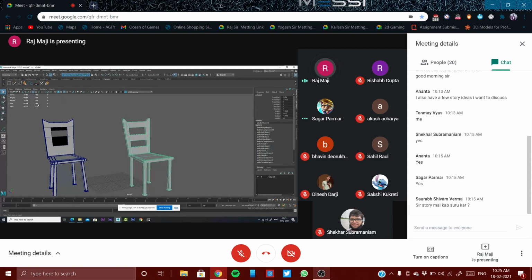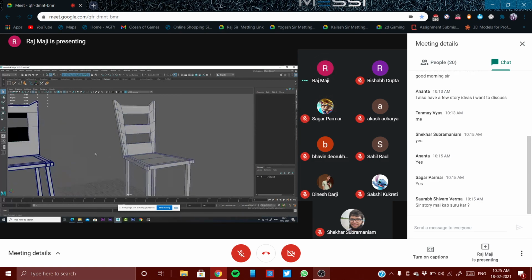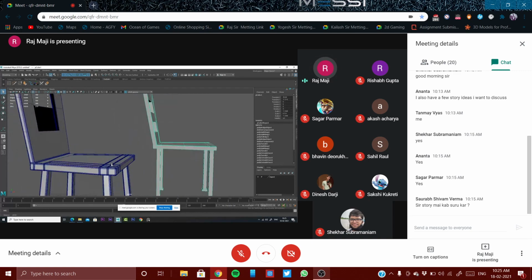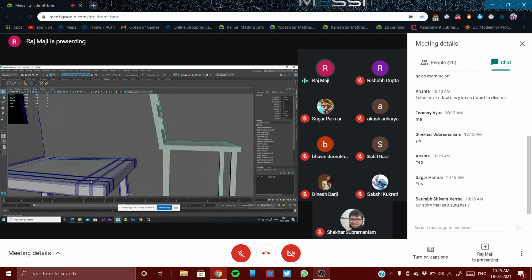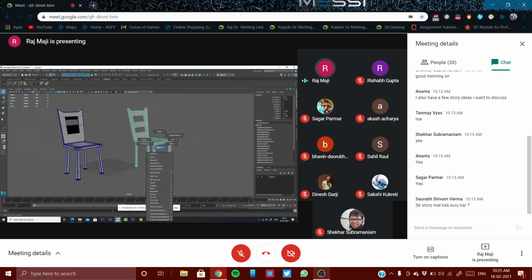So I am using approximately 194 polygons. It is having 8,932. This much is fine. All of you can do this. Now the bevel you have done, to make the edges smooth. For that, what we should do? We should not select everything like this and do bevel. That's a wrong process.